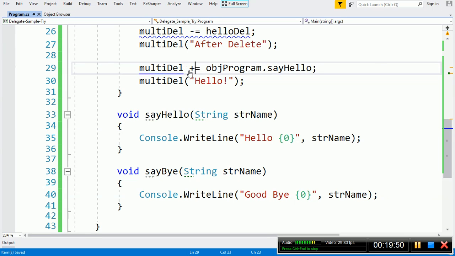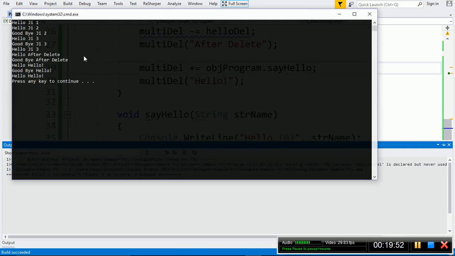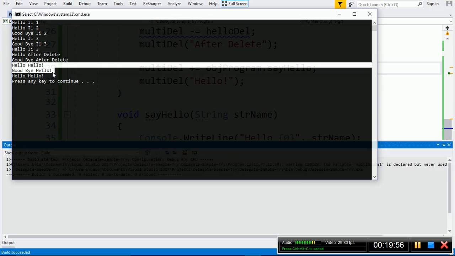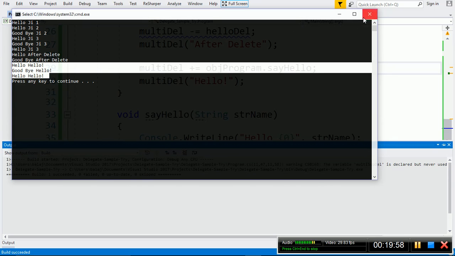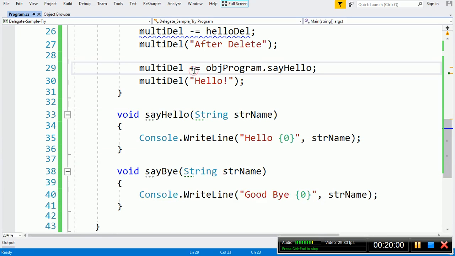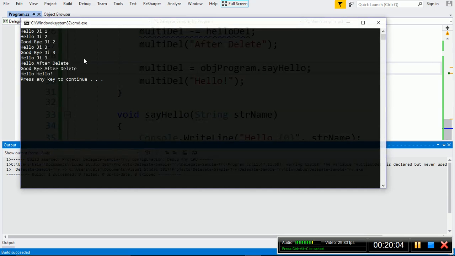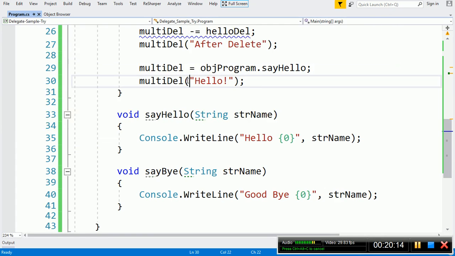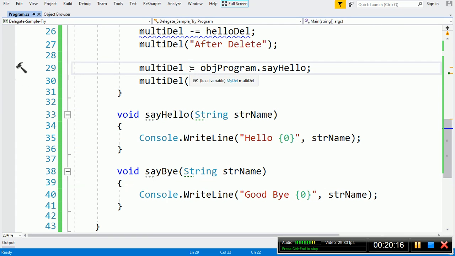So now I call this function. See, it is printing once again hello, hello, goodbye, hello, hello, hello. But when I omit this plus sign, what is the output? It is printing only this hello, hello. Means all the addresses which it had maintained already have been overwritten by this new array. So this plus sign is important